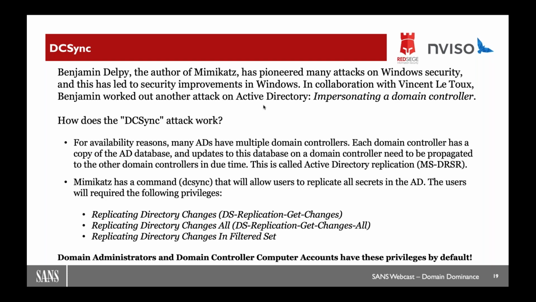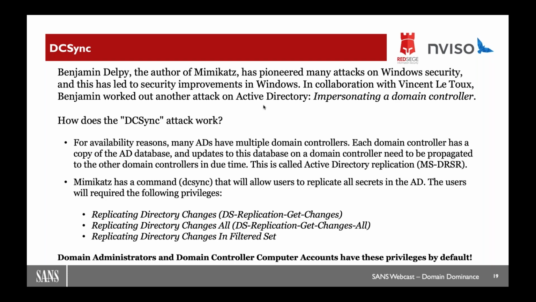Now, what does this attack allow you to do? It's very straightforward. It allows a user to talk to a domain controller and request replication. Replication of what? Of the secrets. I could just say, give me all of the encryption keys that you have, because remember, this is full-blown replication. I'm able to copy everything that the other domain controller has, all of the secrets it currently has on file. Domain administrators and domain controller computer accounts have these privileges by default. Some other accounts could have them as well, but that would be a misconfiguration.